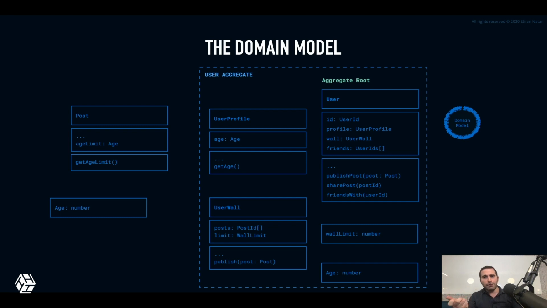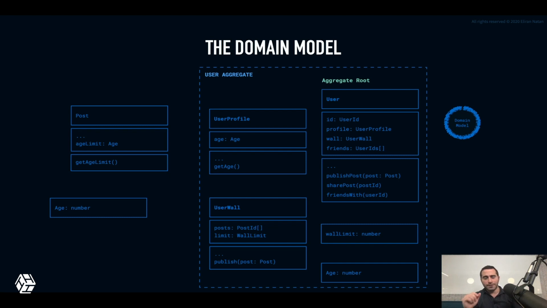So the aggregate root is your gateway to a certain aggregate. And it should have all the methods and properties that allow external code to interact with this aggregate. Just keep in mind that this is all part of object-oriented design. So we want to keep the encapsulation